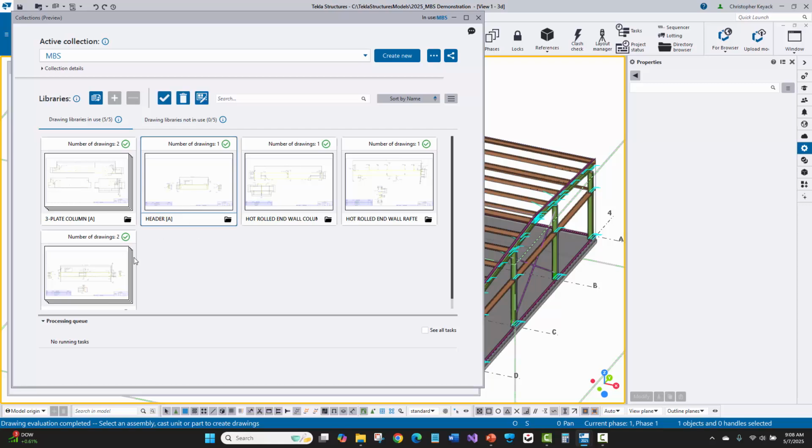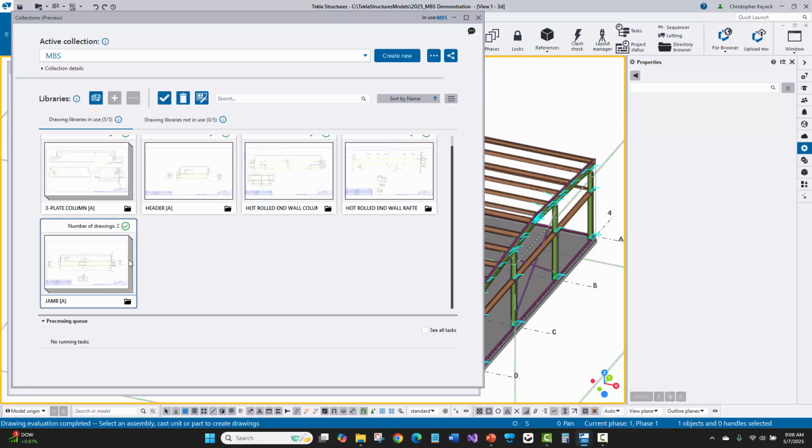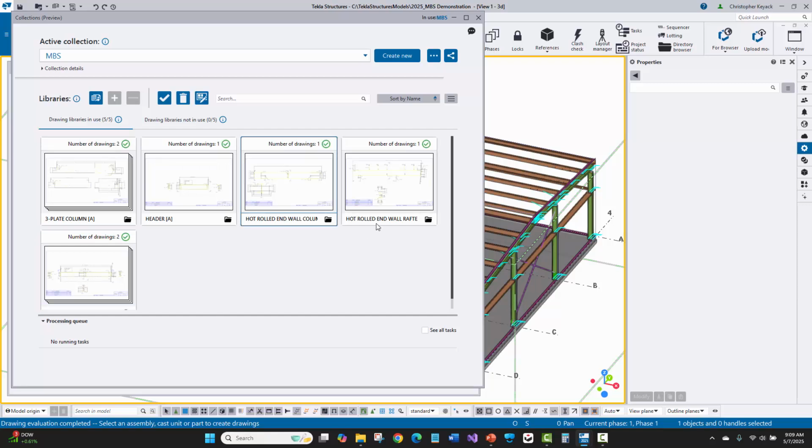Here, you'll see that I've got a couple cold form assemblies for my header and jamb that have welded clips attached to them. I've got a hot rolled end wall column and rafter, and then I've even got a 3-plate column including the web drawing. So I've already cleaned these up and published these to the cloud, and the whole idea behind this functionality is